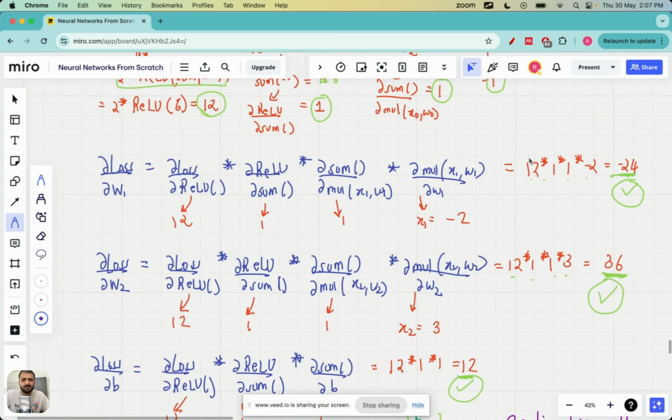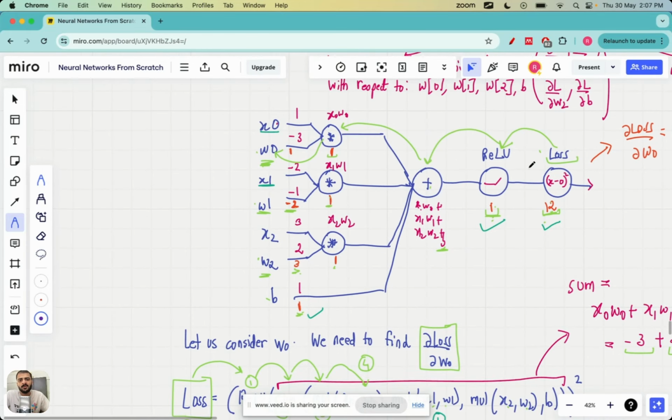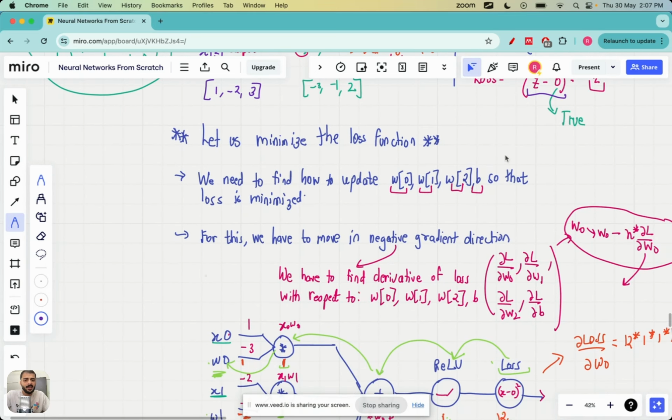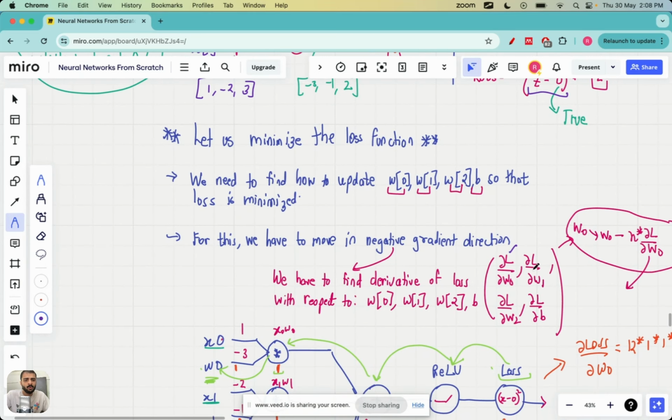So, let me just provide a brief summary of the previous lecture. We took one neuron which had three inputs, and each input had a weight associated with it. It had a ReLU activation function, and the loss function was just the squared loss. The true value was 0. So our goal was to optimize the weights and biases of the neuron so that the output is close to 0. For that we needed to find the gradient of the loss function with respect to W0, W1 and W2, which are the three weights, and the gradient of loss with respect to